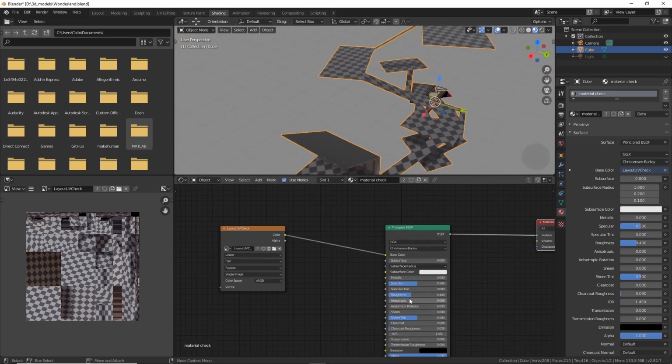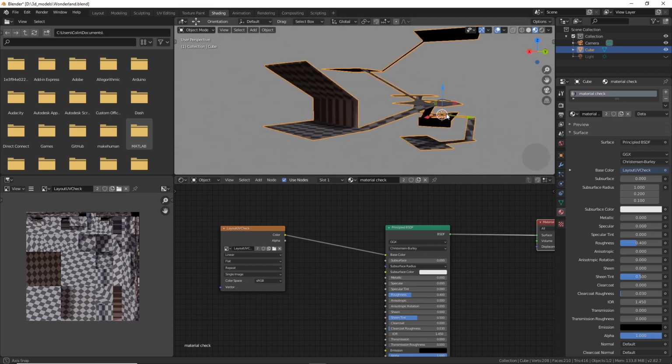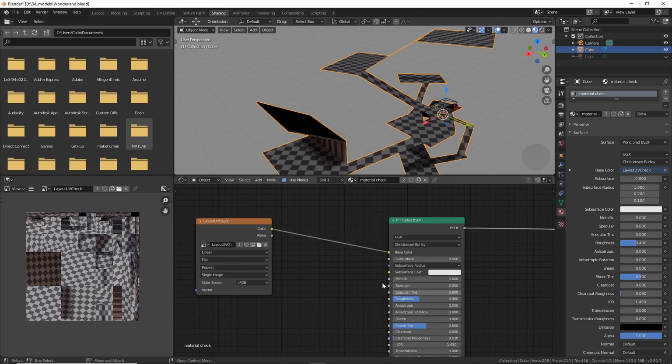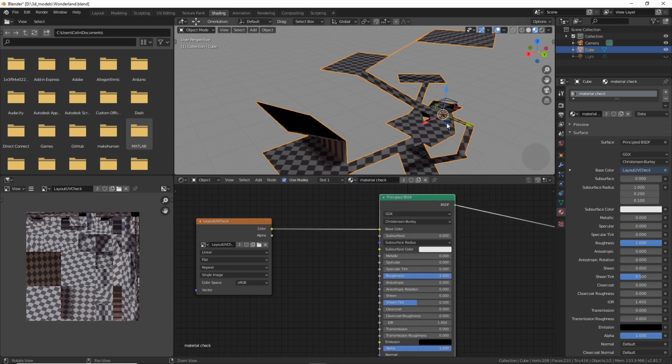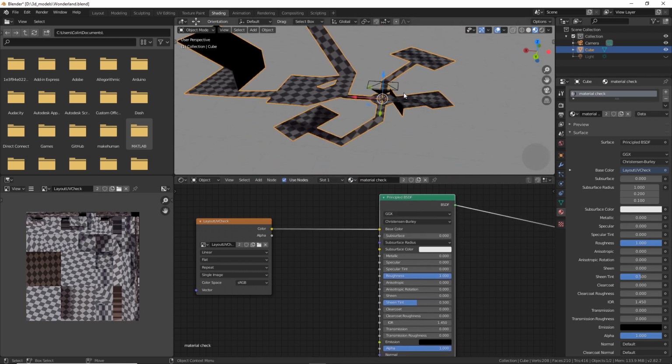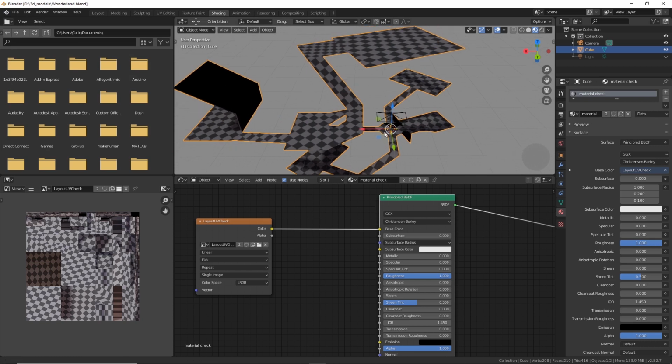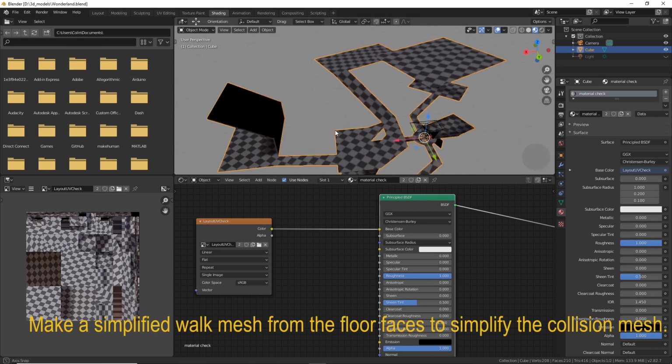Now we can take our specular down so that we don't have any material messing with our color and our material properties, and then take the roughness probably up. Clear coat. Alright, that's good. And there's our object. So before we export this, let's save. I want to show you that we want